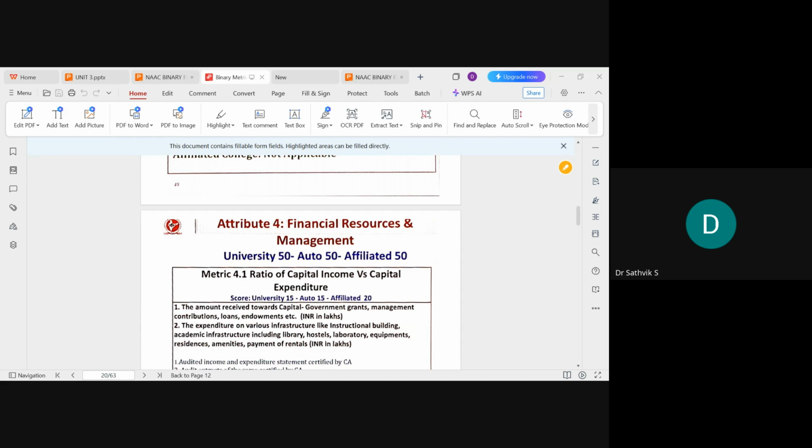Actually, when we are discussing from the NAAC perspective, the criteria should be allocated day wise. For example, the first 3 criteria in one session, the second 3 criteria in the next session, like 3 days or 4 days. We can split up the criteria. It will be easy for everyone, even for a resource person, and the participant also can acquire more knowledge.